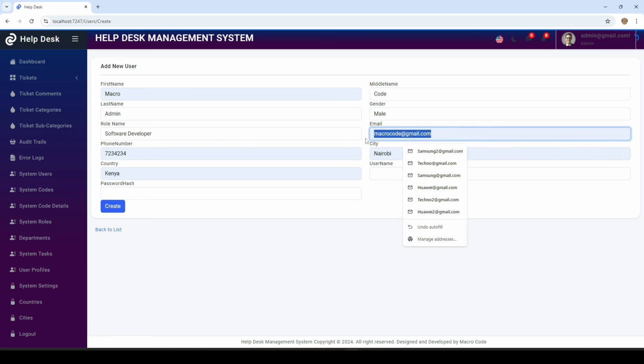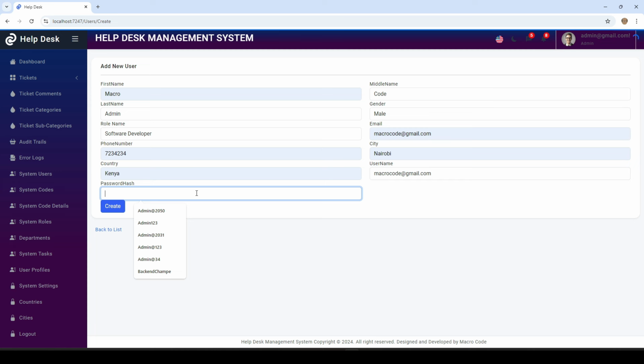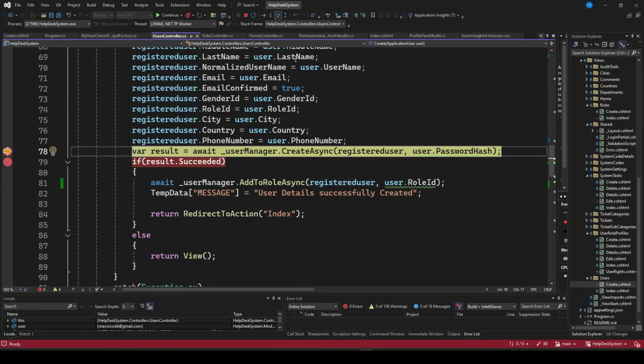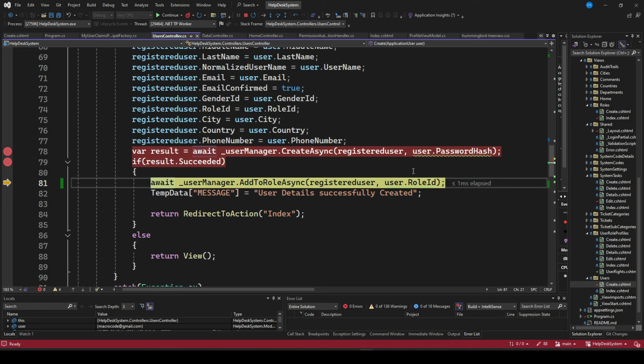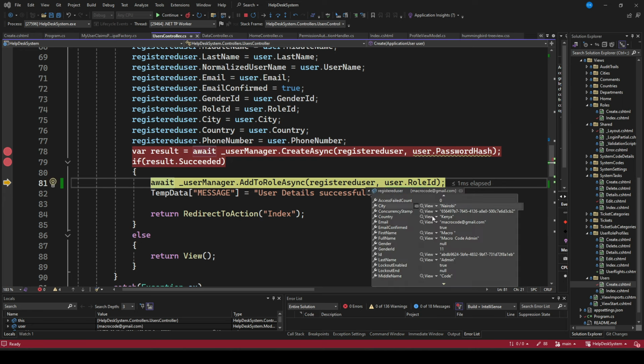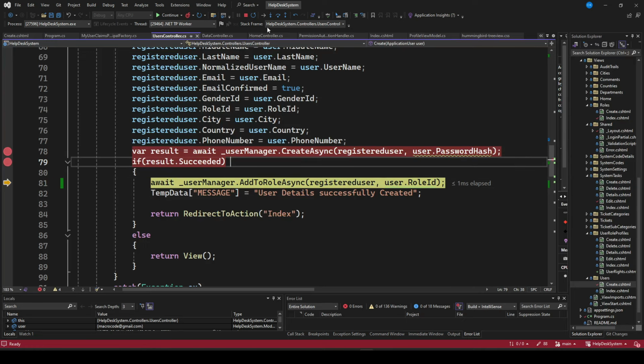Then this is our username. Then we have our password. So you can do that. If we create, you can see this has been created. And if we go down here, you realize that we now have the role ID. So this is the role and this is the user who has been created. So if we proceed,